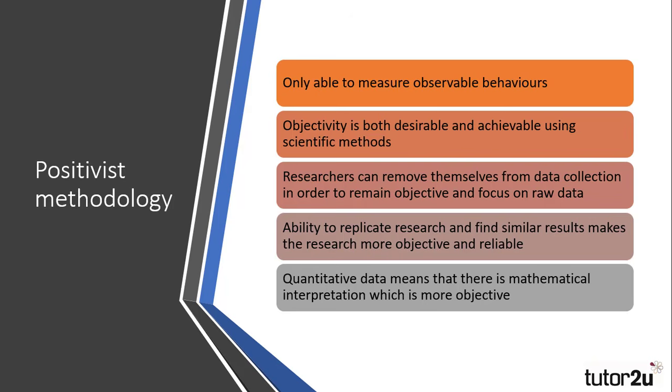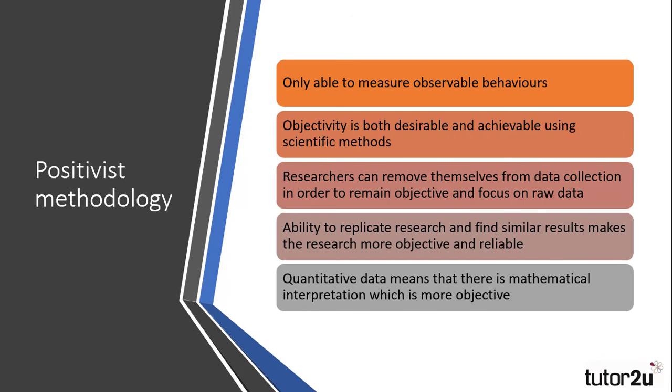Positivists would argue that objectivity is possible in research, even sociological research. However, they would argue that we can only measure behaviour that is directly observable, physical actions and behaviours that observers can record. By using the scientific methods, individuals can be manipulated and the behaviours recorded and analysed to try and predict future behaviours. Objectivity can be achieved by detaching the researcher from data collection and allowing this to be